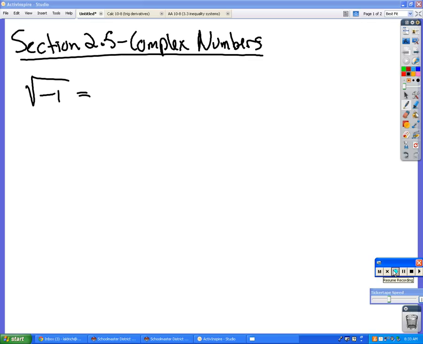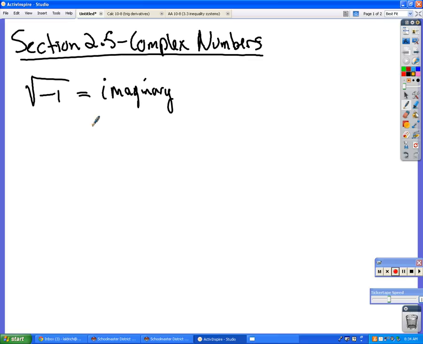Anyway, he came up with this idea of naming the square root of negative 1 with a lowercase i, and the i stands for imaginary. All right? And it turns out, after he did that, today, practical applications of complex numbers abound. So there are lots and lots of uses for complex numbers.